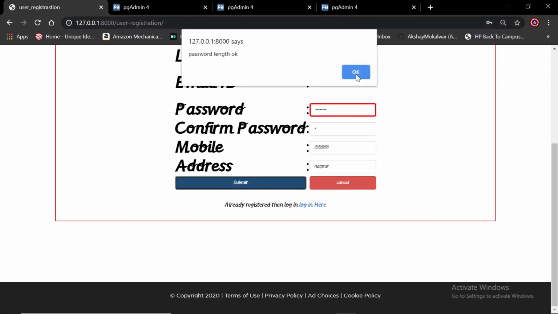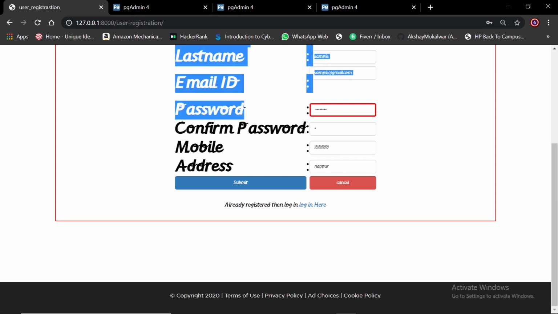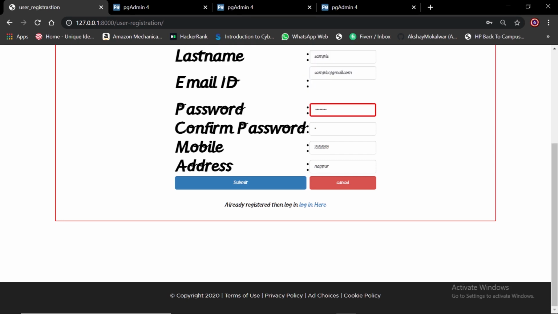Now the password length is okay, but the password is not confirmed, because the password and confirm password should be the same. So now enter the same password in the confirm password field.